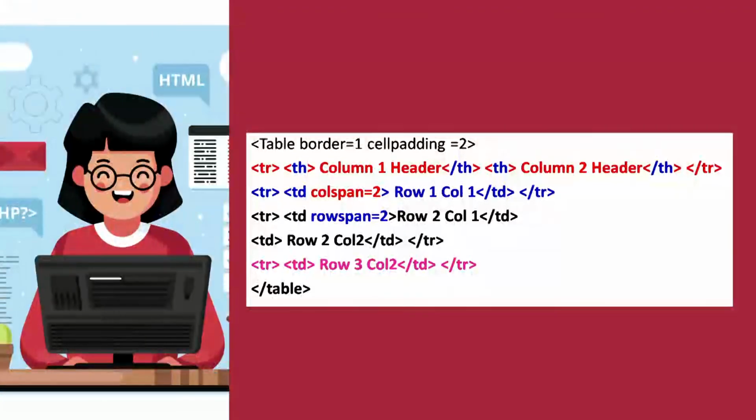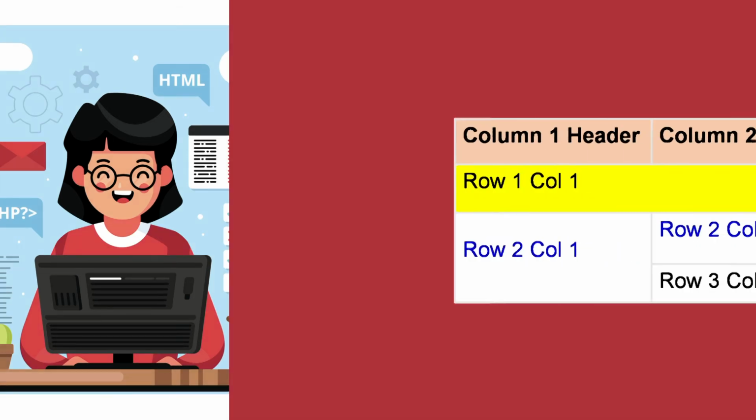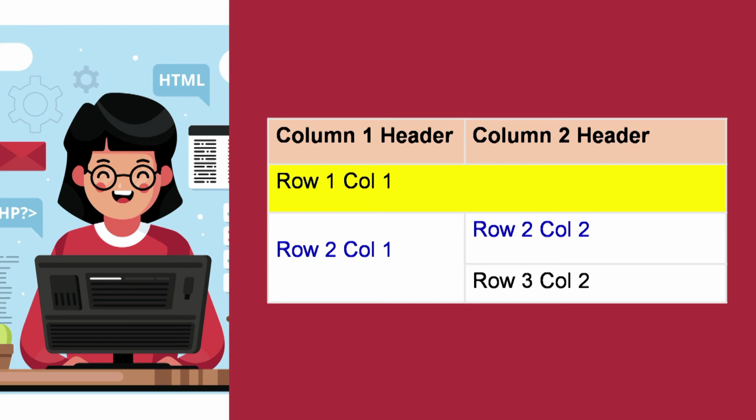Now in this way, with cell padding, which is a feature, you can enlarge one column, or you can merge two columns into one, with an appropriate header and appropriate row and column span. If you run this code, this would be the output. See the beauty: column 1 and column 2. When you insert the second row, it merges both columns. In a similar way it comes back again with rows 2 and column 1, and it has 2 columns. So this way you can do row padding.